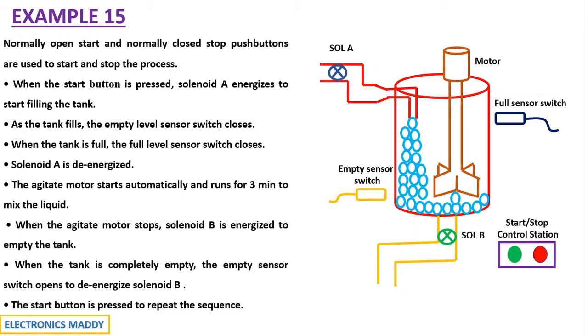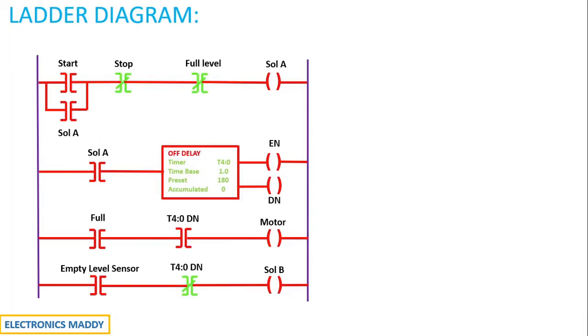Now let us look at the ladder diagram. So this is the ladder diagram. Understanding the requirement is the toughest thing. Once you know the requirements, the ladder diagram will not take much time, but it might be quite confusing when you're using an off delay timer. That is what we're going to take care of. We'll be carefully observing what the process is and how it is actually happening.